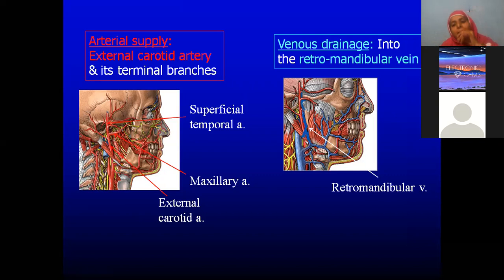I'm asking about the formation. Beta, Imad, what happened today? You are confused. I'm asking superficial temporal and maxillary. Superficial temporal and maxillary, isn't it? Both of them will join to form the retromandibular vein, into which the facial vein also may drain, isn't it? Then it will have anterior and posterior divisions, what we have studied.